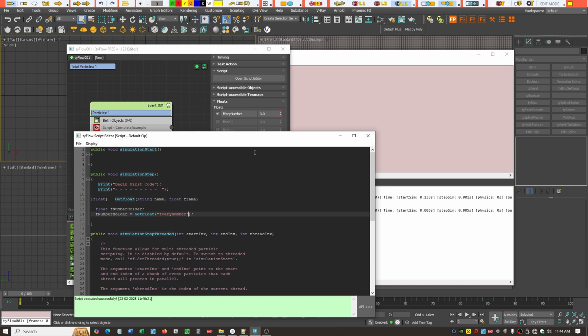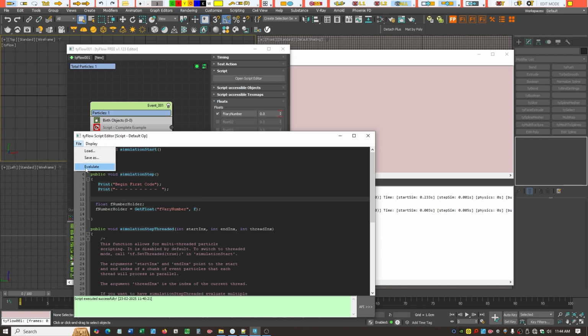and then a comma separates the 2 required values. So the second parameter is a float of type frame number, right? Well, tyFlow has a built-in variable for that, which is the f, and we can just use that directly. So now this line of code should be complete. Let's delete this because we only used it as a reference, and let's go in and evaluate, and hopefully we get a green screen, which we did, which means we have 4 valid lines of code with no error,